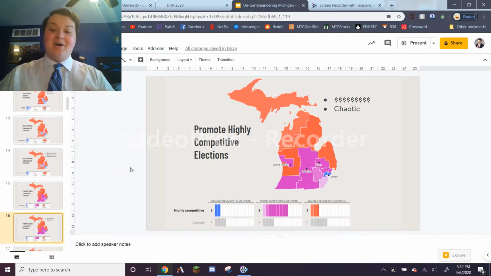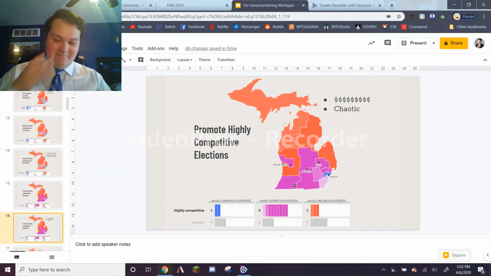This would cause Michigan to have some very costly elections that probably bring a ton of national attention to Michigan that I think would be too much for us. And I don't think either party wants this. Some people think that this is an appropriate way to redistrict, that having as many competitive elections as possible is good, so that you can have parties win either way in surge environments. But I think this is just too extreme.